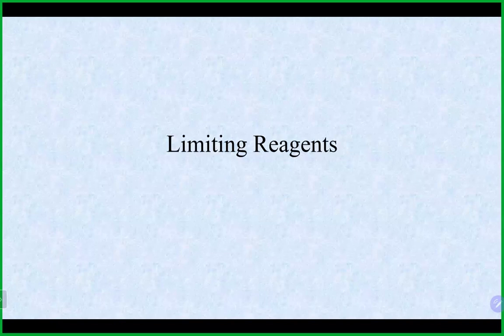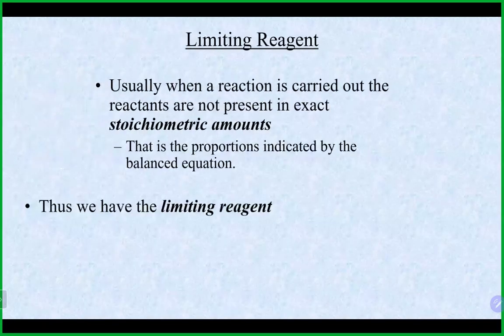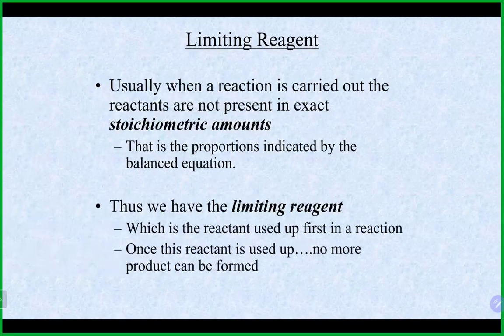And when we have a reaction that takes place, the reactants don't always get used up in the same amount. And there's always what is referred to as the limiting reagent or limiting reactant. And that is essentially the reactant that will get used up first. So when you have two reactants, there's going to be one of them that